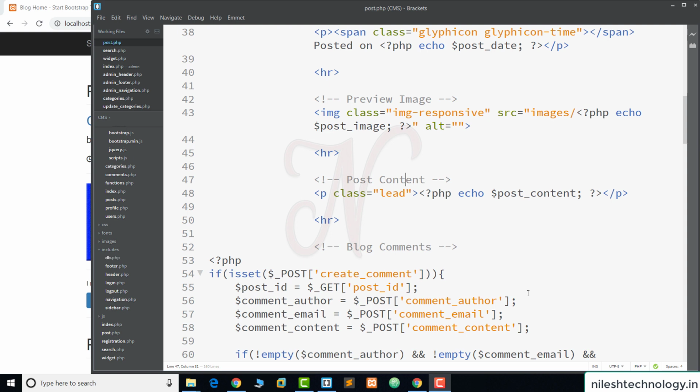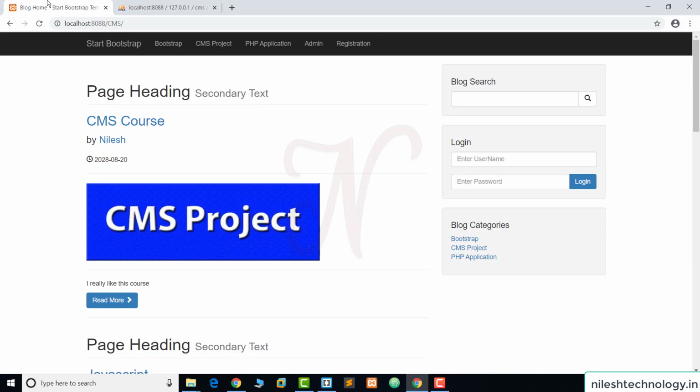Welcome back. In this video we are going to see how to show a specific author's posts. Here is my index.php file. When we click on a specific author, we are redirected to that author's page. We will write this code in this section. When we click on this author, we go to a page that shows all the posts related to this author. This is a very cool feature.